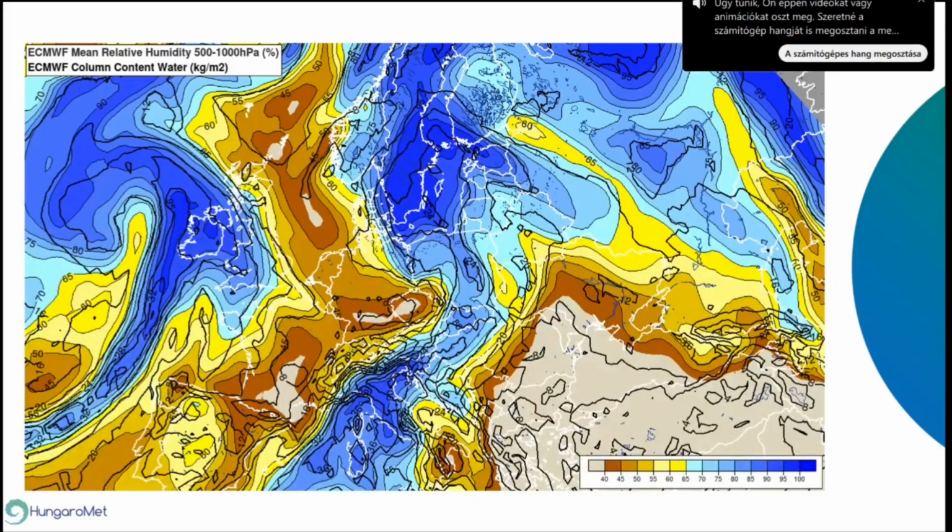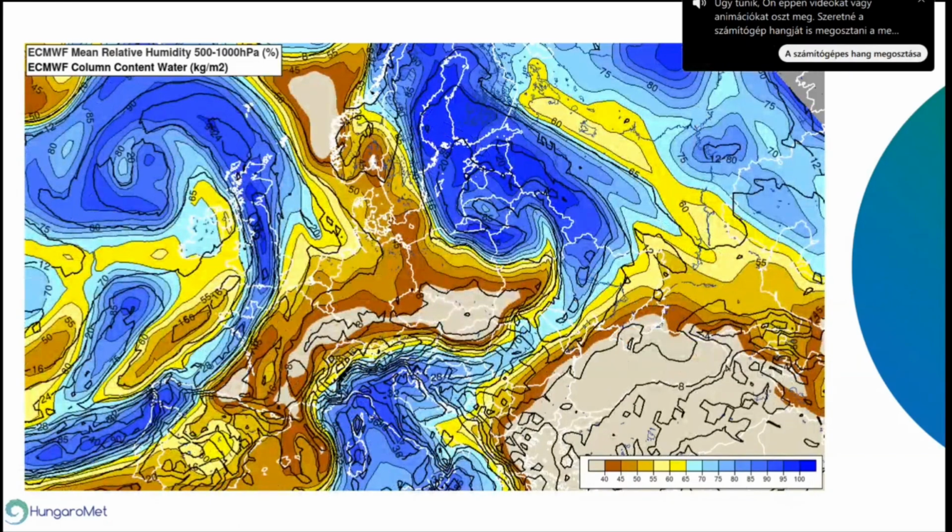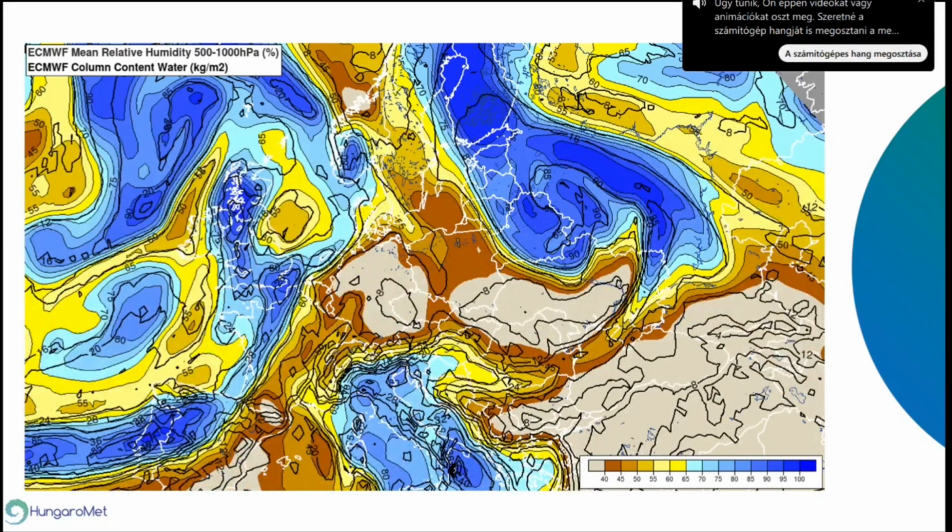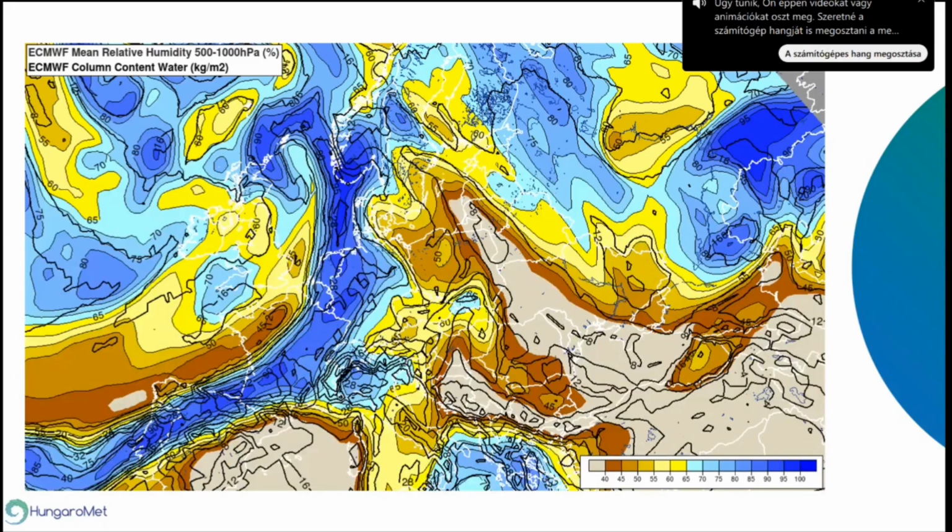As you can see, this is a relative humidity and pollen content water image. Once again, 12 UTC today, and as we go forward in time, we can see that there is a long, narrow, very humid filament, which is an atmospheric river over the Atlantic Ocean, and it is approaching the western shore of Europe. So Portugal, Spain, France, and the UK will be affected by very humid air mass